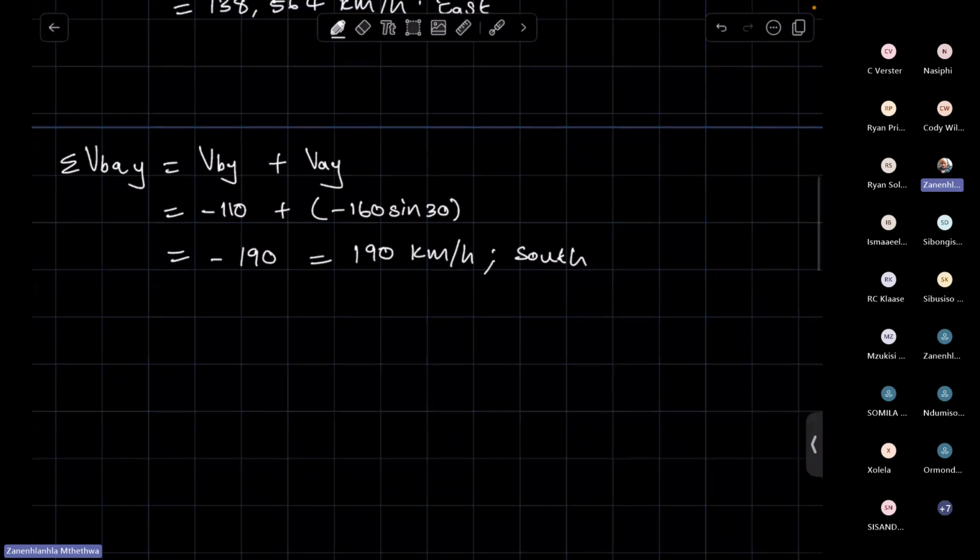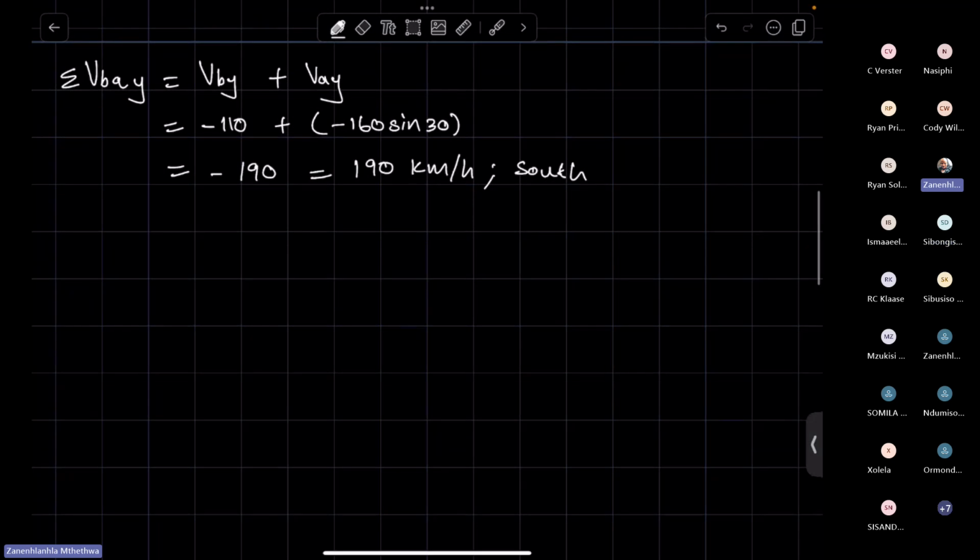Right, so now you have both the x and y components of your resultant. Now we are going to calculate the resultant. That resultant is going to represent the velocity of B relative to A. Are we clear here? Instead of calling this the resultant, we call this the velocity of B relative to A, which is equal to the square root